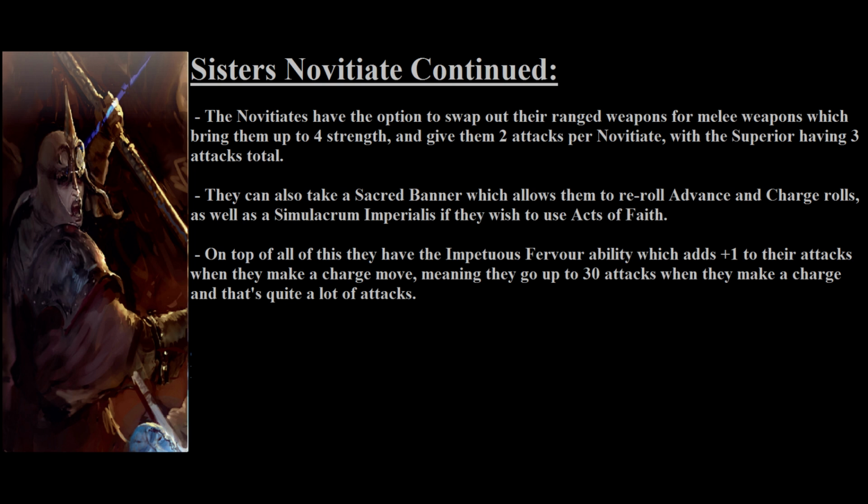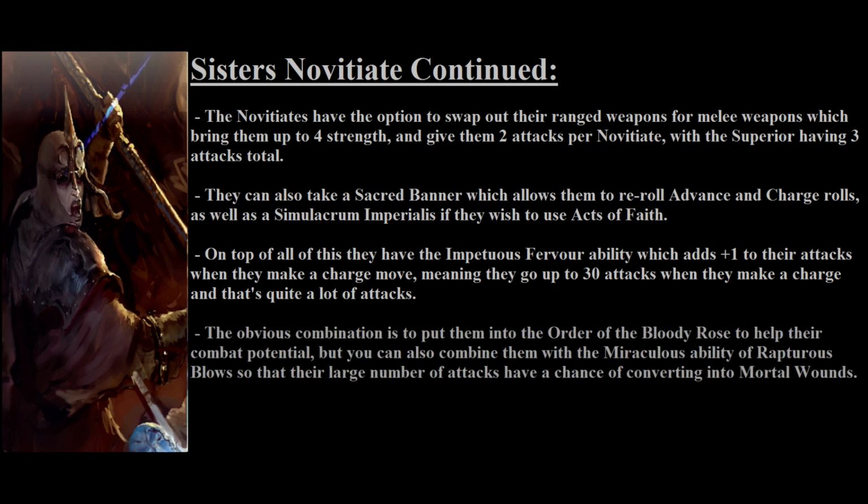And seeing as they can take a Simulacrum Imperialis, they can even use an Act of Faith in addition to other units having access to Acts of Faith as well within that same phase. The obvious combination for the novitiates is to take them in the order of the Bloody Rose to further their melee combat potential, but you can also take them alongside a Canoness or a Palatine with the Rapturous Blows Blessing,